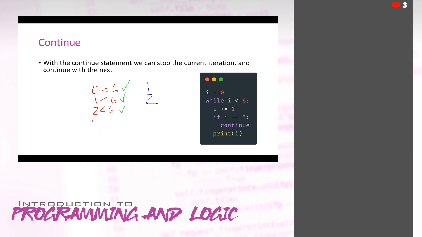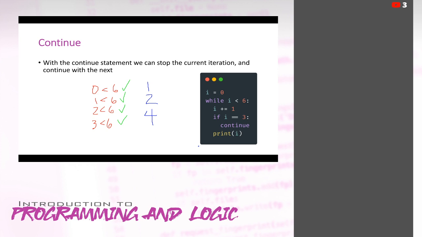We're going to continue to our next. 3 is less than 6, which is true. 3 plus equals 1 makes that 4. So the next thing that would be printed to the console would be 4. So that's what we get there with our continue statement.